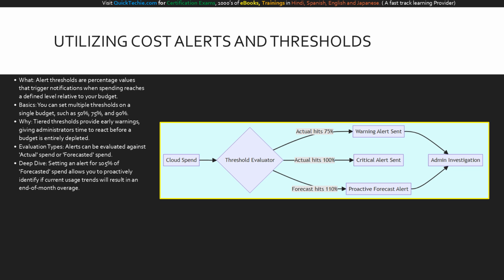That is where cost alerts come in. What are they? They are percentage-based thresholds that trigger notifications when your spending hits specific levels. For the basics, it's best practice to set multiple tiered thresholds such as 50%, 75%, and 90%. Why? Because this gives you early, escalating warnings, granting you the runway to investigate anomalies before the budget is completely